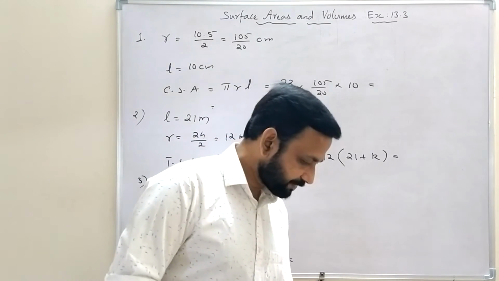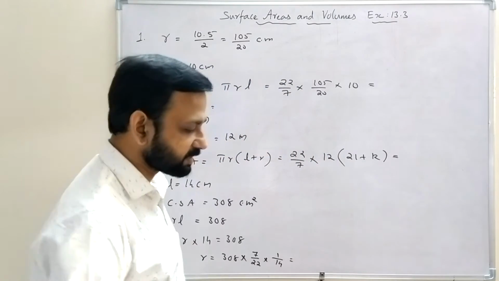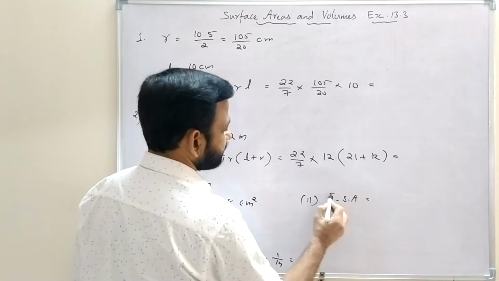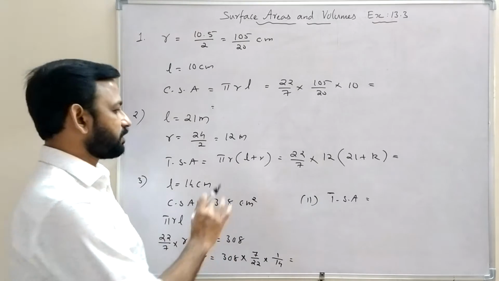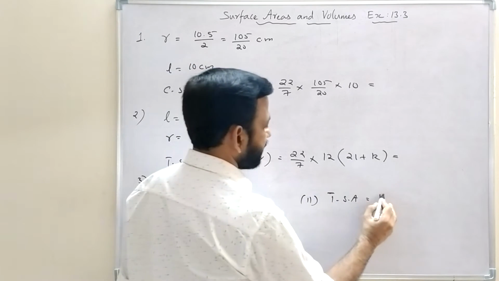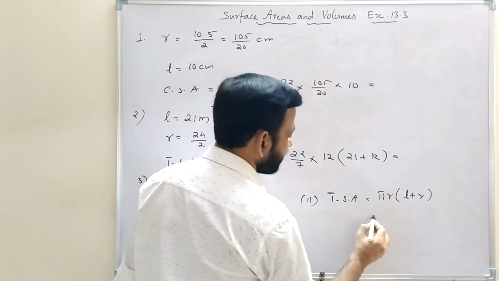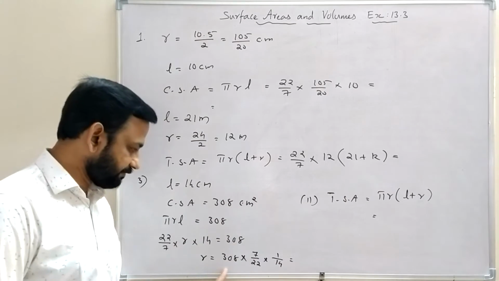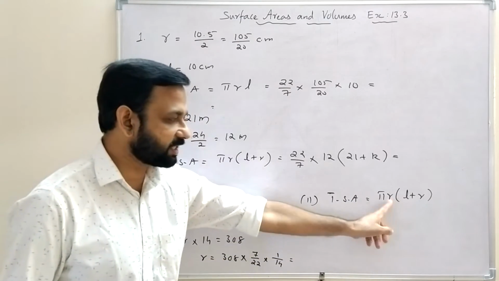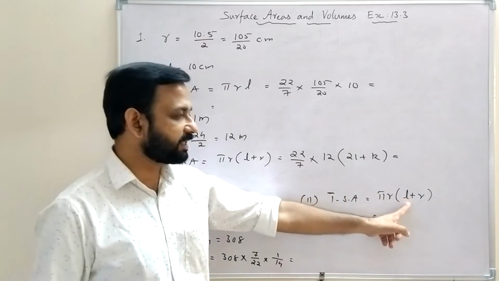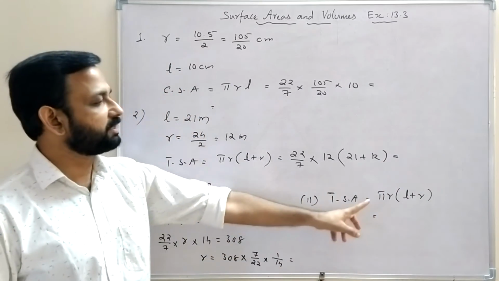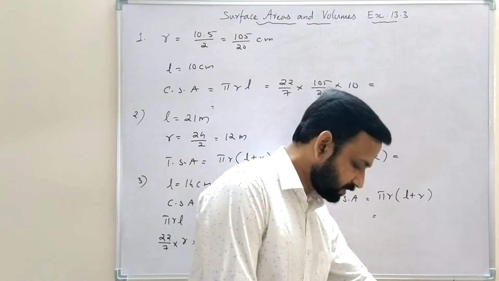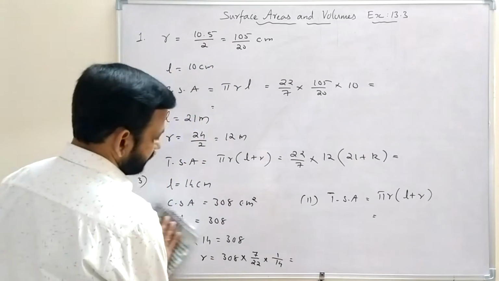Then the second part. The second part of this question is to find the total surface area of the cone. So total surface area of cone, the formula is pi r into L plus r. Here we can replace pi by 22 by 7 and the radius we will get from here, so that radius we will replace here, and slant height 14 centimeter, then again radius, that is the same number. So when we simplify we will get the total surface area. That is the second part of question number 3. Now we will do fourth question.